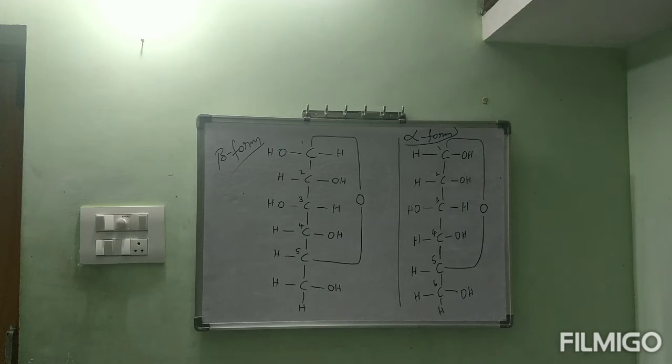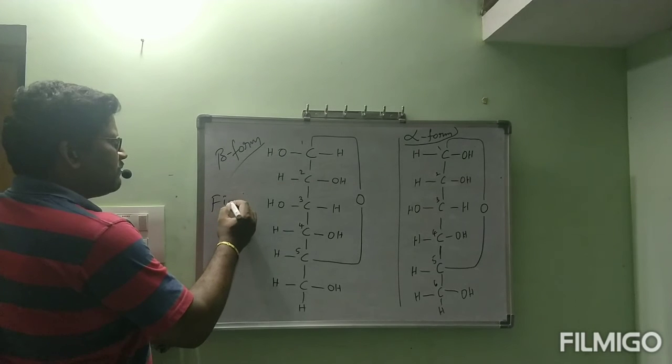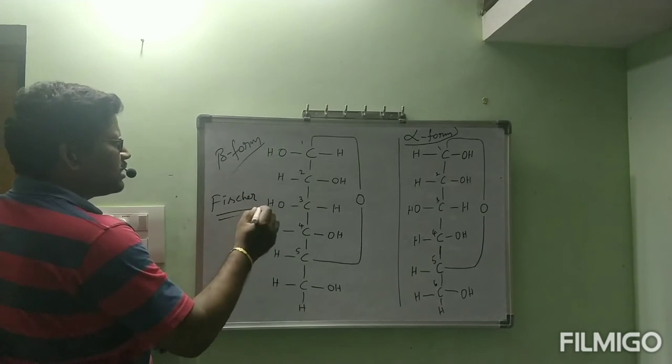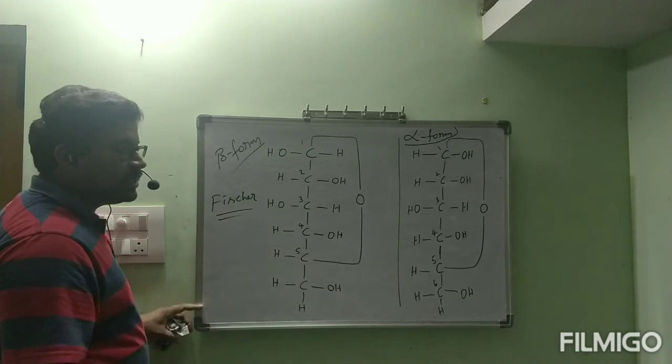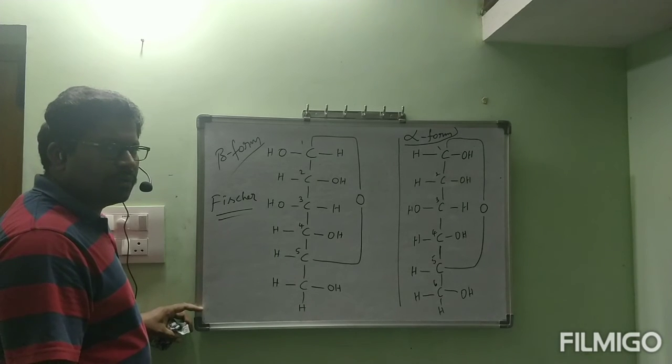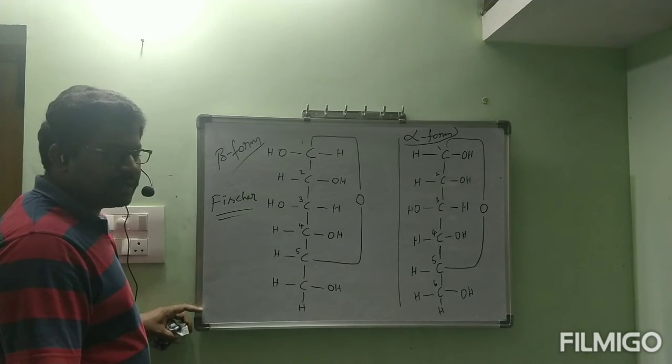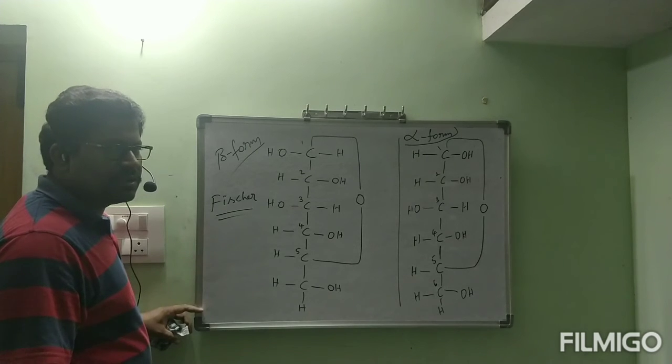Are you clear, man? So till some points we have gone through open chain structure of glucose. Now we have seen closed chain structure of glucose also. Okay, next we will continue with one more representation. This is called Fischer projection, Fischer representation. Till now we have seen all these are given by Fischer. These are all called Fischer representation. Now we will see Haworth representation. That Haworth representation also I will write. After that, complete name of the glucose I will show that one.